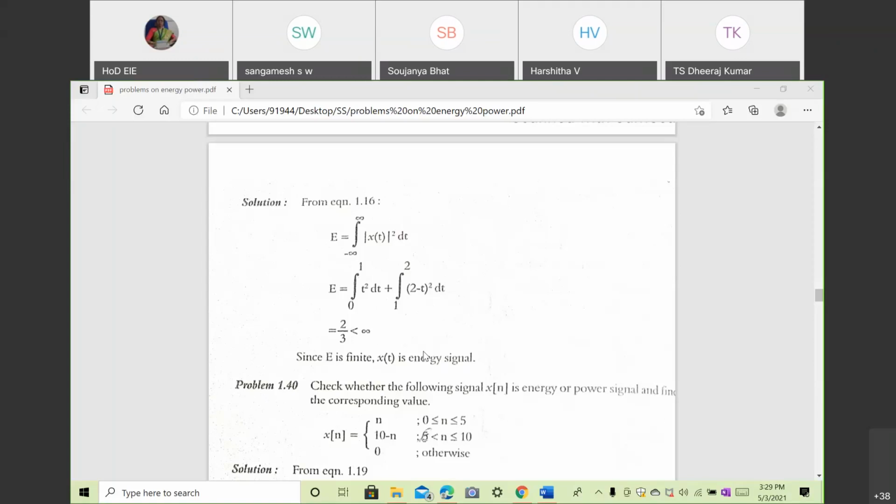There are similar problems where you change something, for example x of n equal to n; there you can put n plus 2, 10 minus n, or 5 minus n, something like that. And the range also you can change and work it out. So that you will get to know your strengths and weaknesses, and that will boost your interest and confidence about where I'm weak and where I'm strong, so that you can enhance the weak part during this free time rather than facing problems in the examination or test, whatever it is.